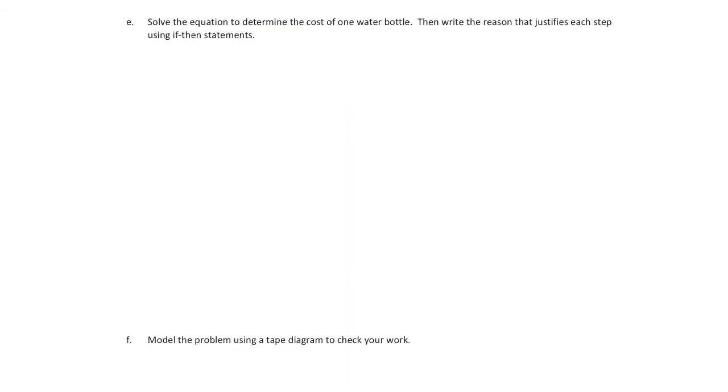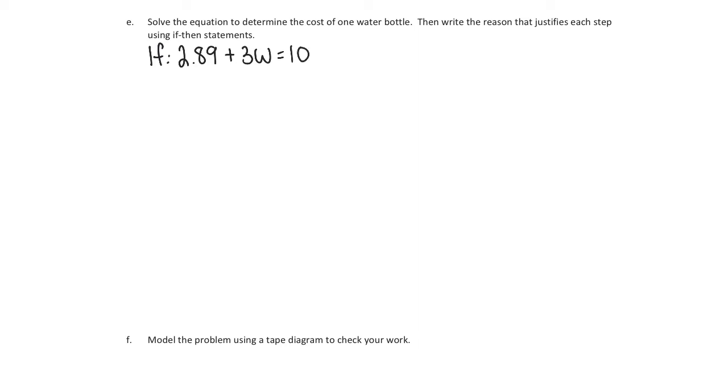Let's move on to E. Solve the equation to determine the cost of 1 water bottle. Then write the reason that justifies each step using if-then statements. So like before, we're going to start off with the equation that we had just solved for D. I know if 2.89 plus 3W equals 10,